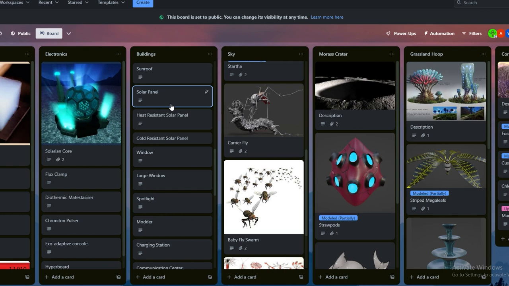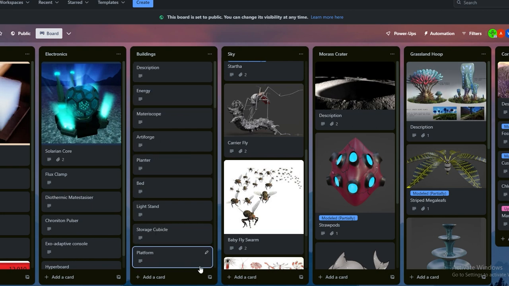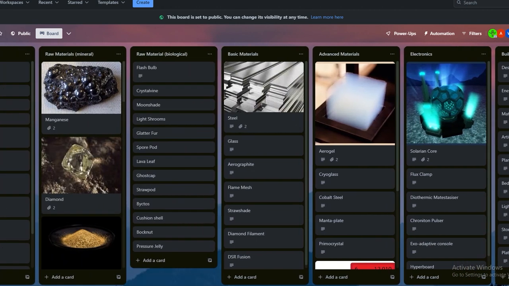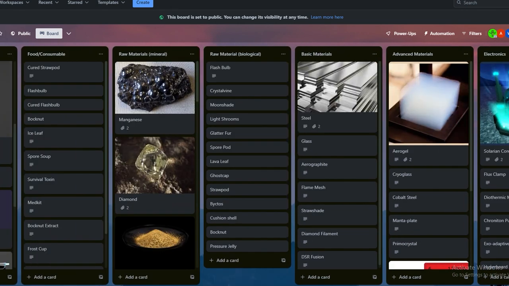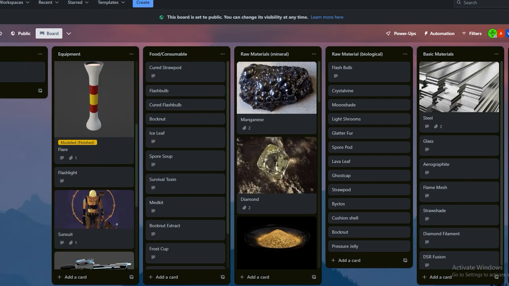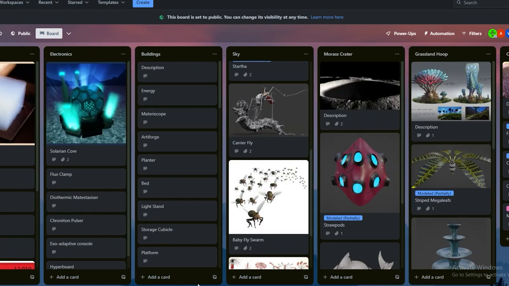I want them to be encouraged to place solar panels in different areas. I think it'd be really fun. So there you go. That's all for the building changes, but I have one more thing. This is just an idea. Literally just an idea. I do not think I'll add it when the game launches,